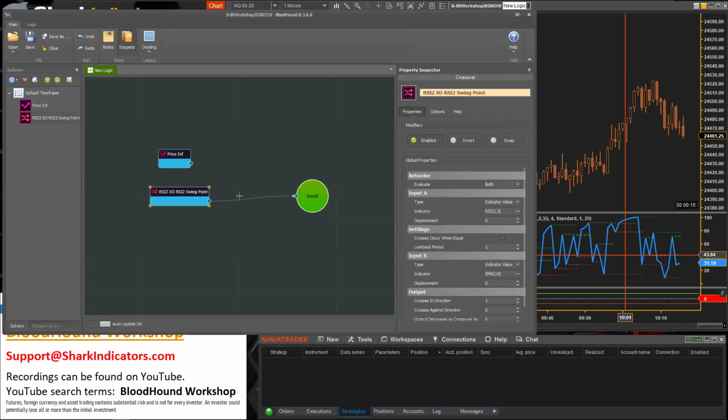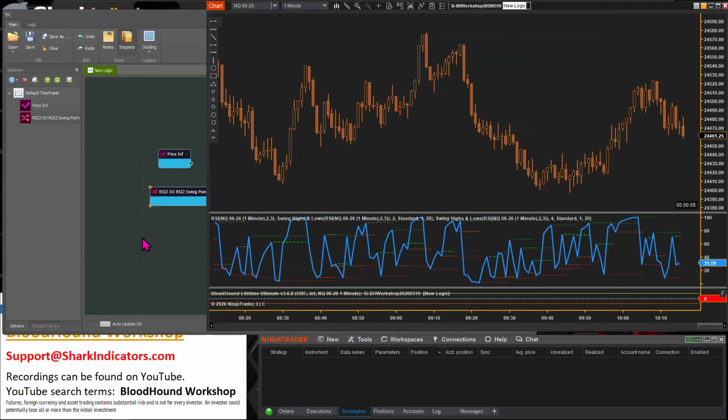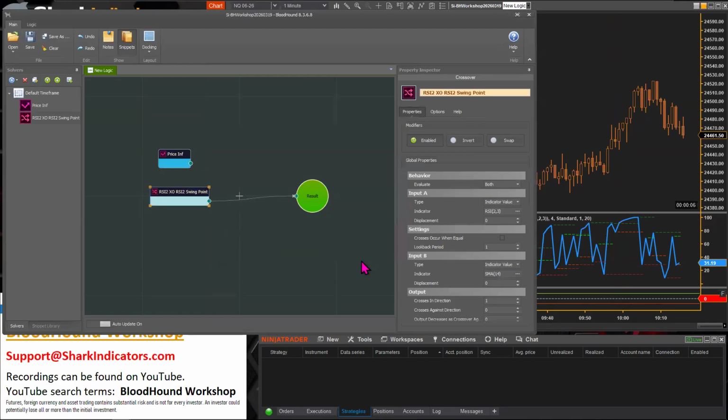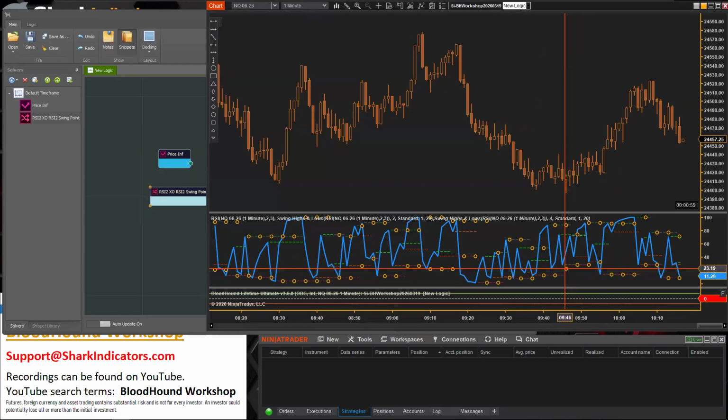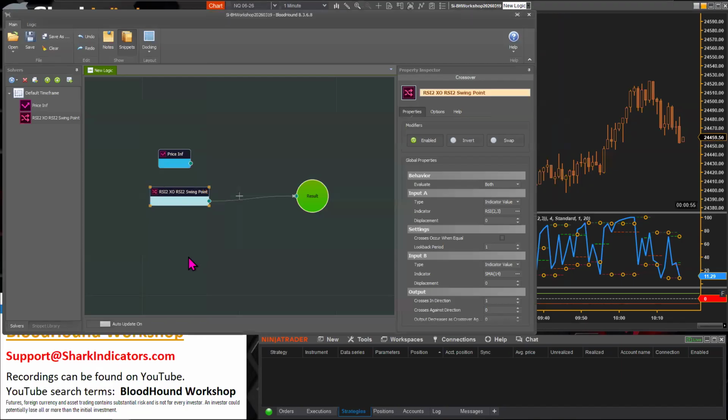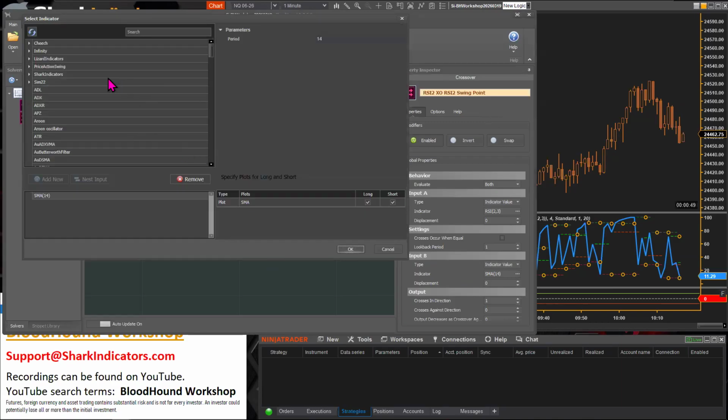All right, so now for input B, we need to implement the swing highs and lows the same way we do here on the chart. So just go to input B, open up our indicator window there.